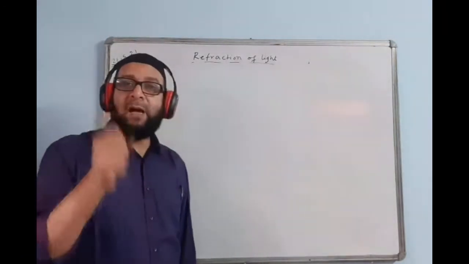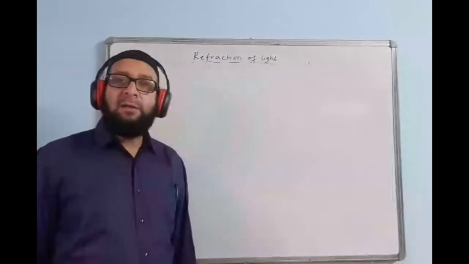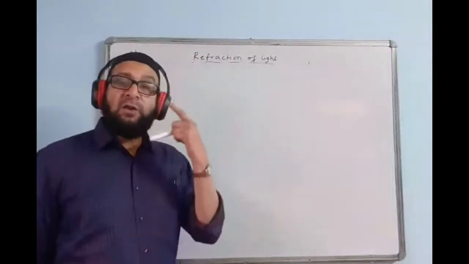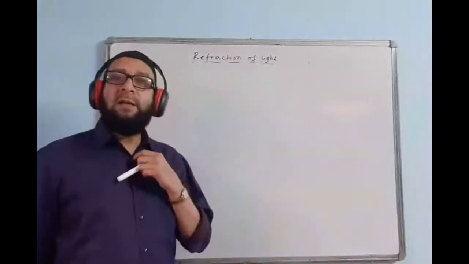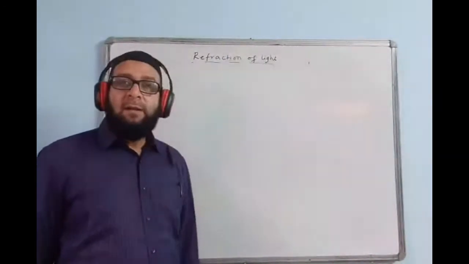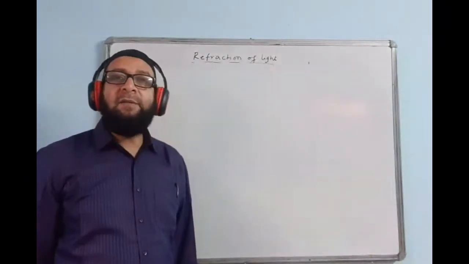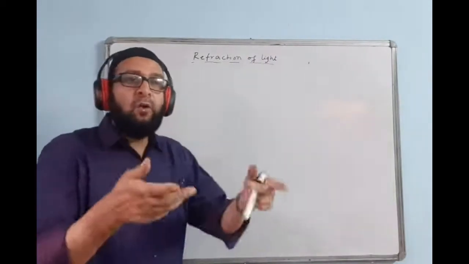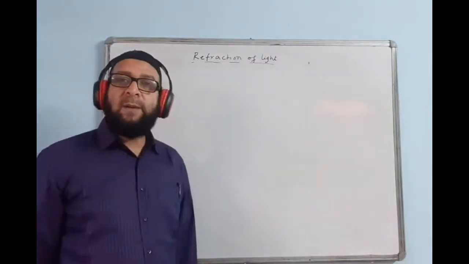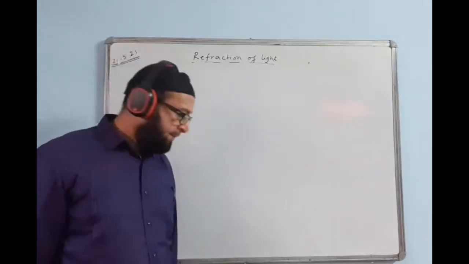They have given number one, I'll just read it: formation of mirage in a desert. You know what a mirage is? It is an illusion to the eye. In a desert, when we look far away, something shines over there, and it appears that there is a river flowing or there is water far away. But when the person goes close by, he finds nothing there, isn't it? It is called a mirage.